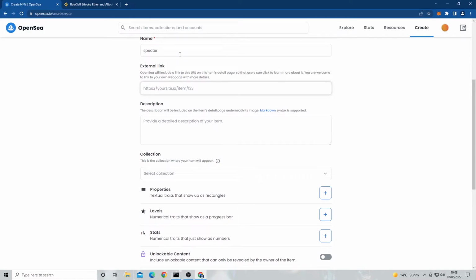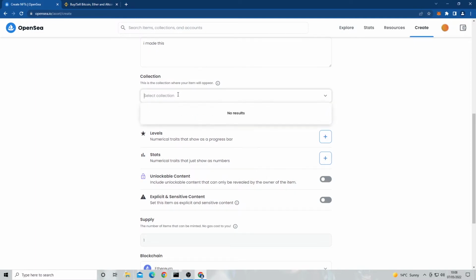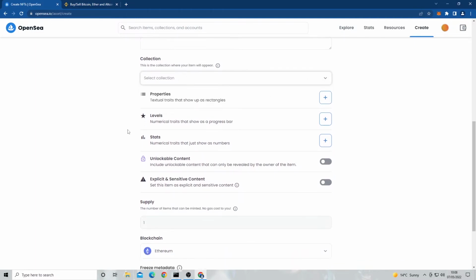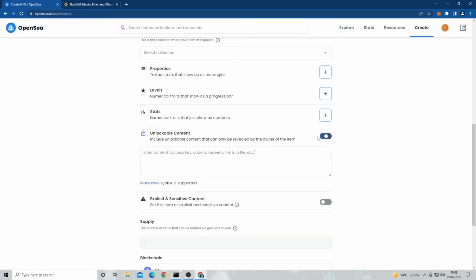Next, you want to add a description of maybe how you made your NFT and what gave you the inspiration for it. Below that, you can choose to add it to a collection. So if you're minting multiple NFTs, then you can add this to your collection here. Also below that, you can specify how many you want to mint. In these tabs, you can also add further content to your NFTs. For example, if you have a Discord server that is only for your NFT buyers, then you can put the